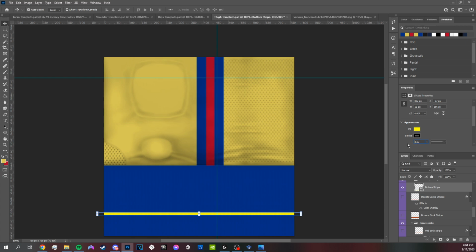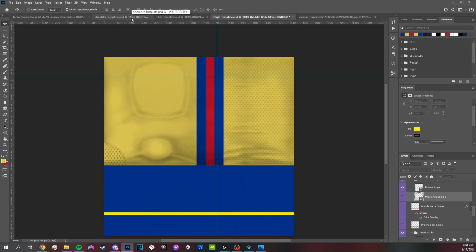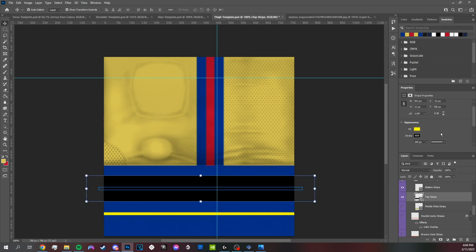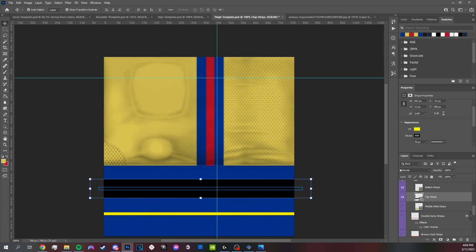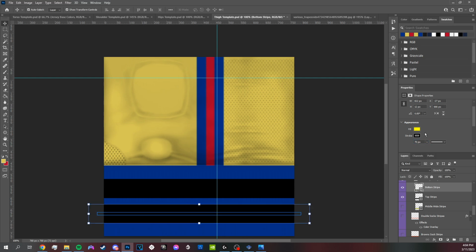Let's go with 70. And I think I messed up here, so I'll just go back. Go with 70. Boom. And with the bottom, I'll go with 70. So it pretty much eclipses the